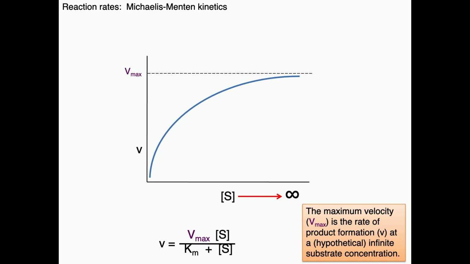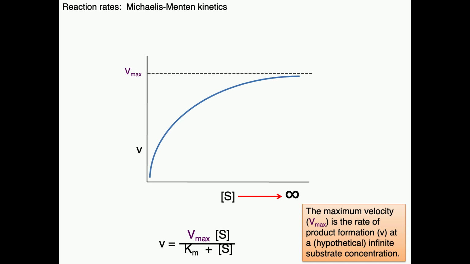So that is the Vmax, or maximum velocity, and this is going to be an intrinsic property of an enzyme. Okay. So the formal definition of Vmax is the enzyme velocity that you would get at a hypothetical infinite